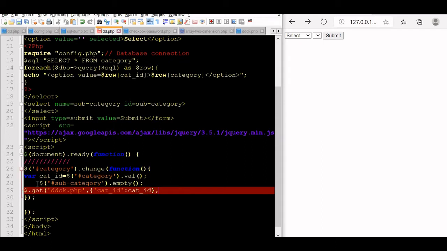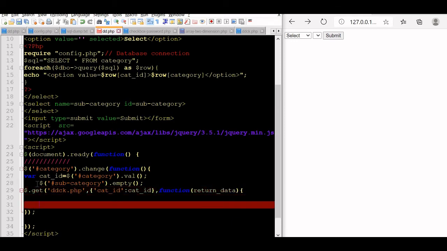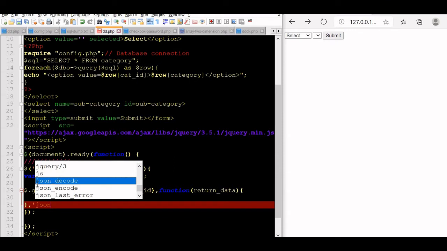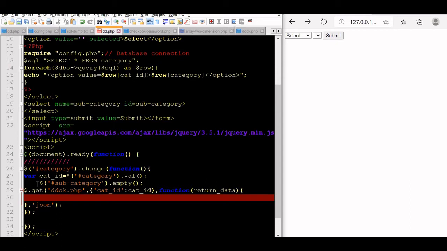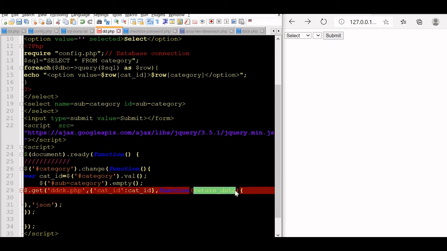We'll use a function to collect the return data. Return data is our variable name where we will be storing it. Let's close this first. This time, because we are getting a JSON string, we'll write JSON here. We are sending the value and getting a JSON string with key value pairs. There are multiple records, and that data will be stored in our return data.